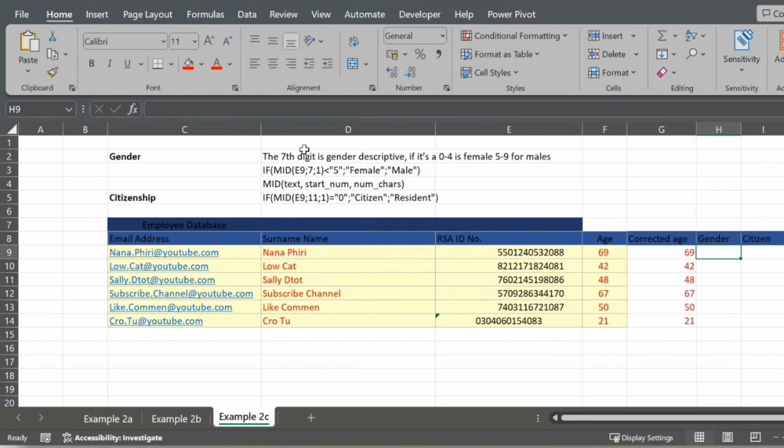The seventh digit of your ID, if it's between 0 and 4, we can just say 4,000, that person is a particular gender. If that seventh digit is between 5 and 9 or above 5,000, that person is another gender. Okay, let's use this particular example. So the if statement here, we are going to use it as it is